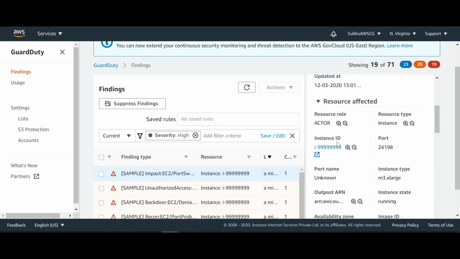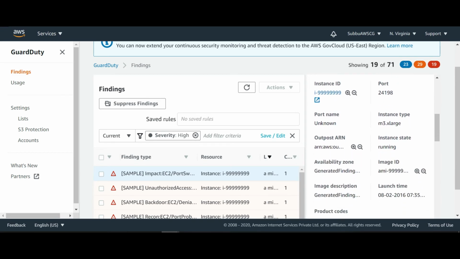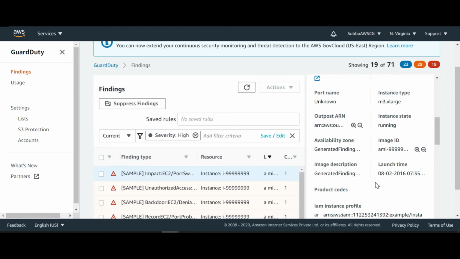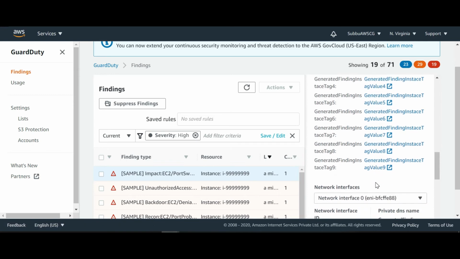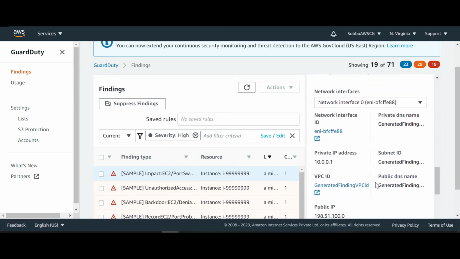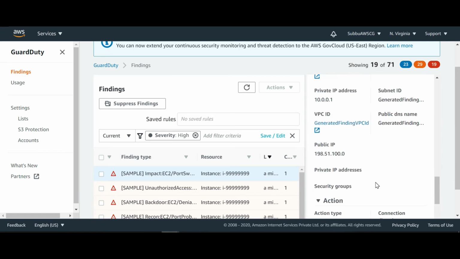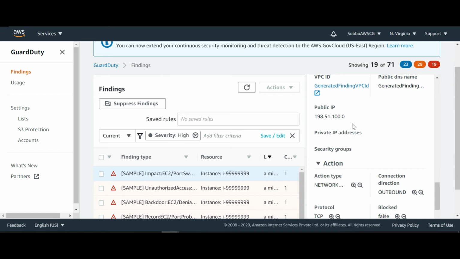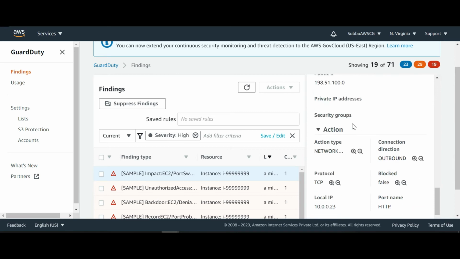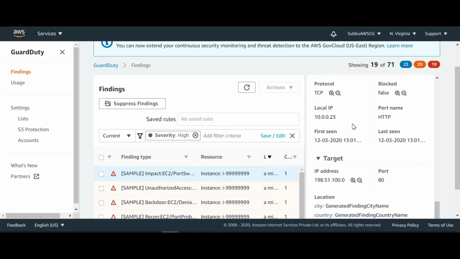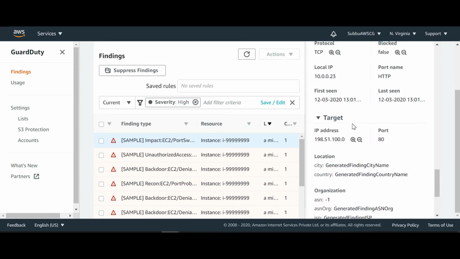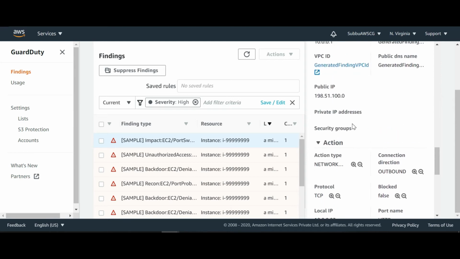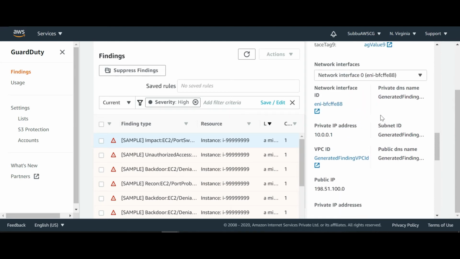This is the instance ID, and you can see the details of that instance. This is the public IP of that instance. You can see a few more additional details related to this, and you can take the necessary action accordingly.